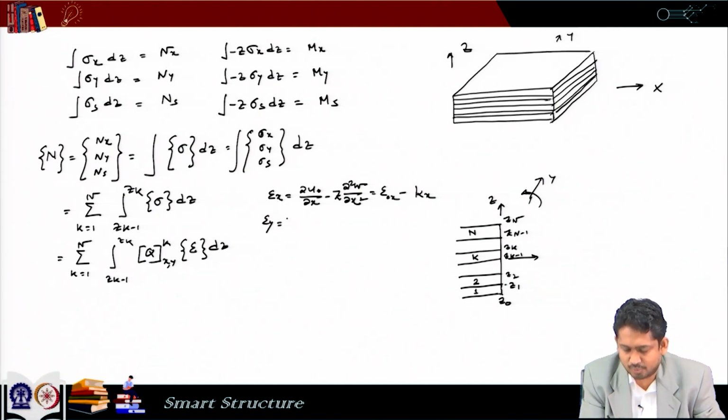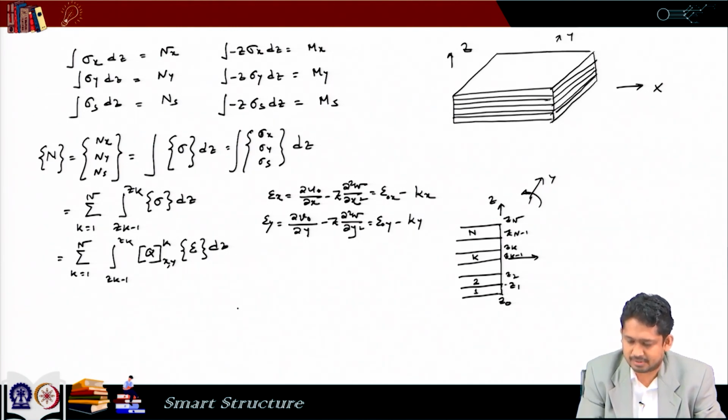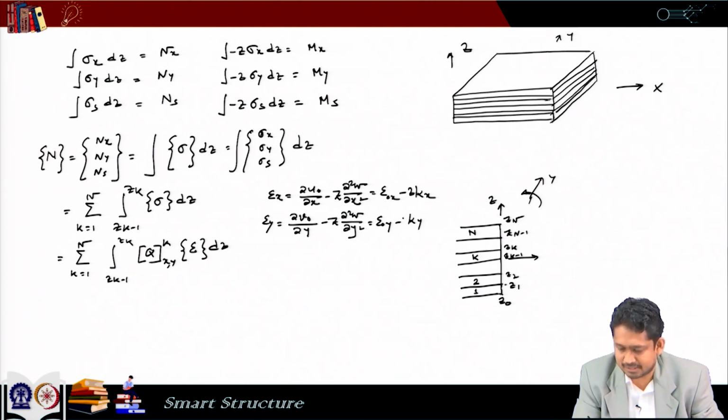Accordingly, we already know our assumption is there is no shear deformation. So, as per this we can write epsilon y, which is the normal strain along y direction, in the same way, and that becomes epsilon 0 y minus kappa y. We are calling del 2 w by del x 2 as kappa x and del 2 w by del y 2 as kappa y. I have to multiply minus z, and accordingly we can write epsilon s equal to epsilon 0 y